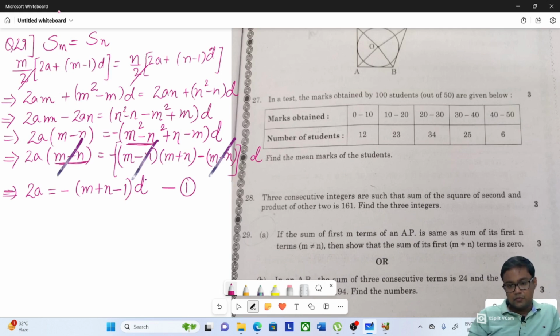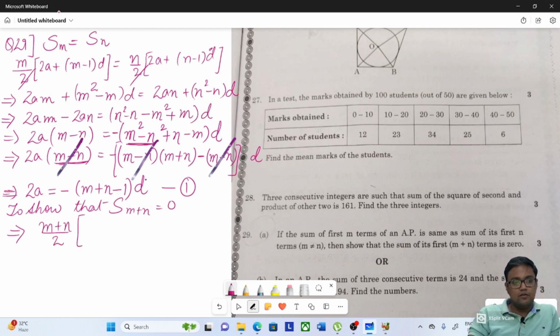Then show that the sum of its first m plus n terms is 0. What are you supposed to show? To show that the sum of the first m plus n terms is 0. How can you write the sum of the first m plus n terms? We can write it like this: 2a plus m plus n minus 1 d, and this we have to show is 0. So m plus n by 2 into 2a